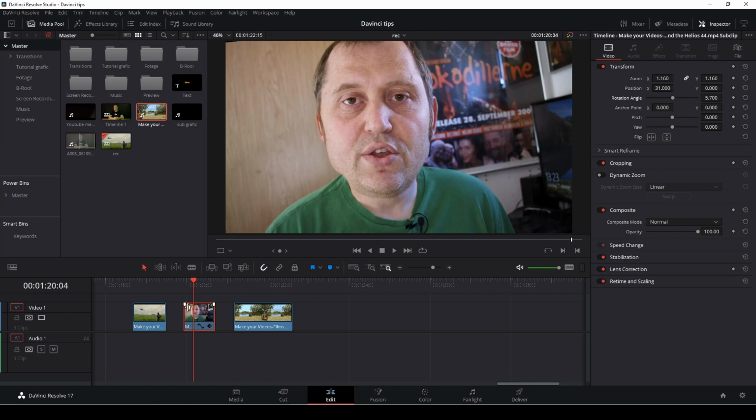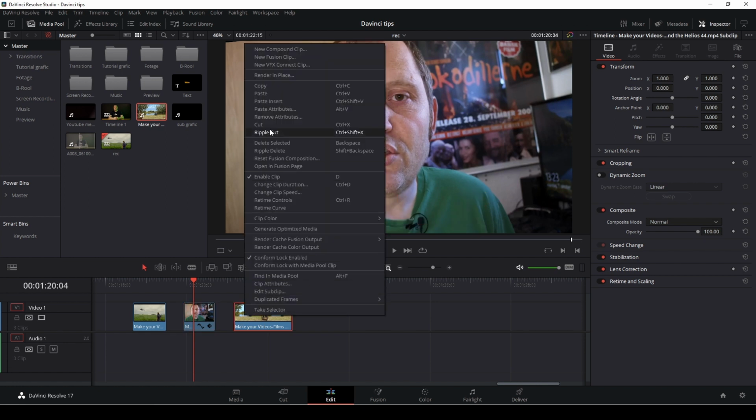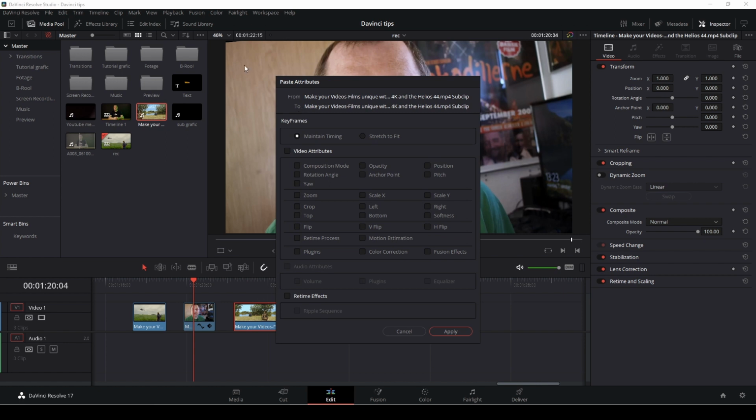easier way. So if we control our clip, push Control S, go to the clip we want to, right click, we're going to paste attributes. Alternatively, you can also use Alt plus V. And now we have this thing coming up, and the thing we can change here is we could add in